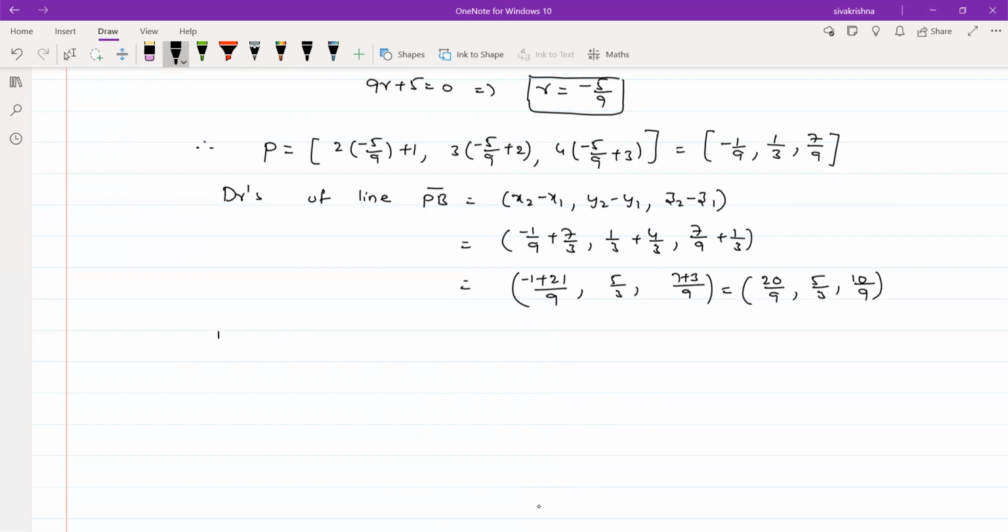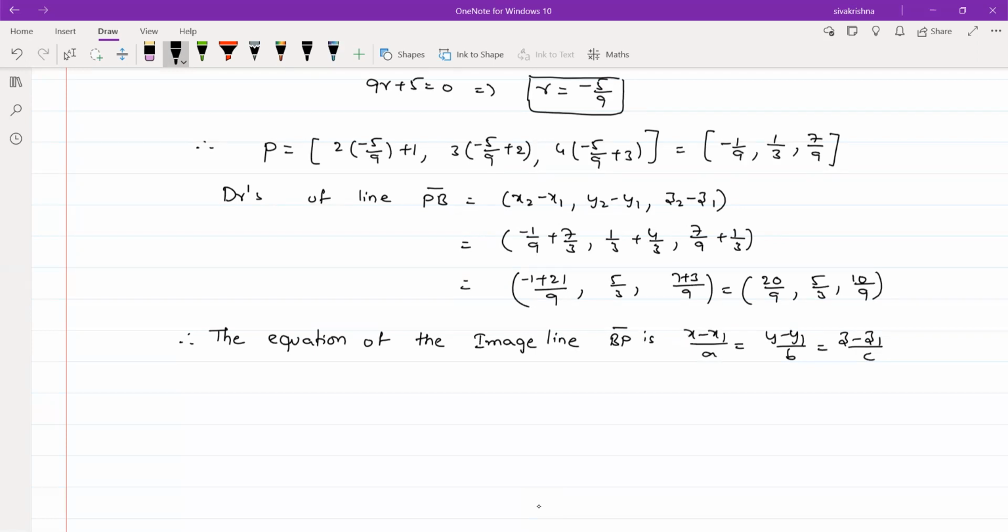Now I am finding the equation of the line. Therefore, the equation of the image line. So this is our required line, and I am treating this as the required image line. So image line BP bar or PB bar, we can write in any way, is equal to, so the formula is x minus x1 by A is equal to y minus y1 by B is equal to z minus z1 by C.